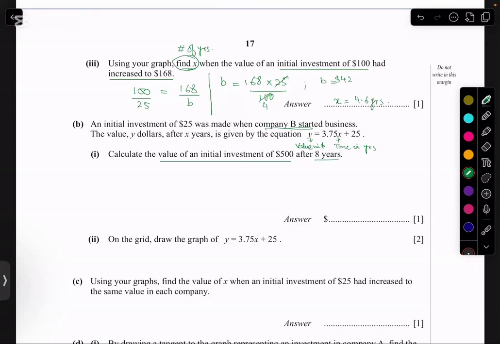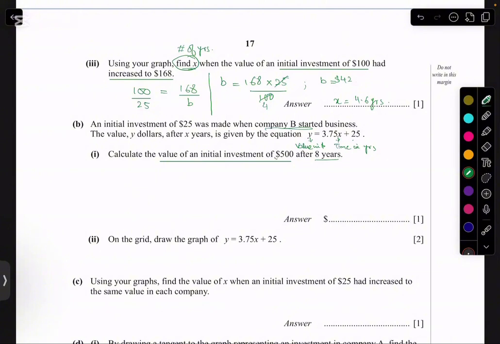तो सबसे पहले तो मुझे ये पता होना चाहिए कि यहाँ पर अगर मैं इसको देख रही हूँ तो again इस केस में जब x 0 है तो they are starting with 25, right? So again comparison हमारा इसी $25 के साथ ही होगा. Initial investment according to the question it is a $25. फिर multiples of 25, कंपनी B ने भी multiples of 25 के साथ ही business करना है. Starting investment has to be a multiple of 25.